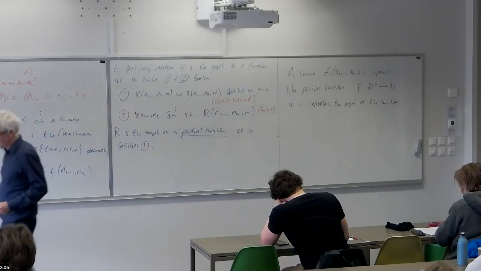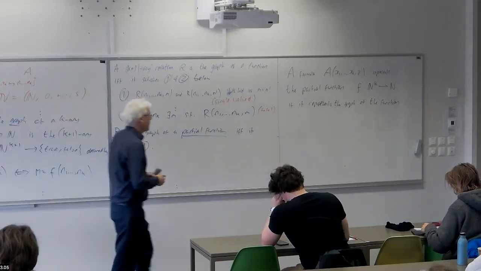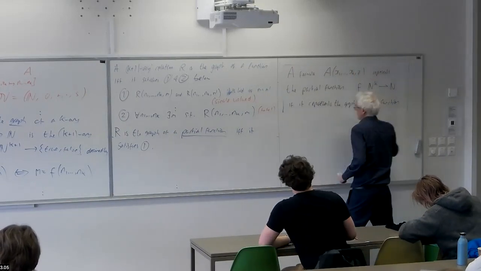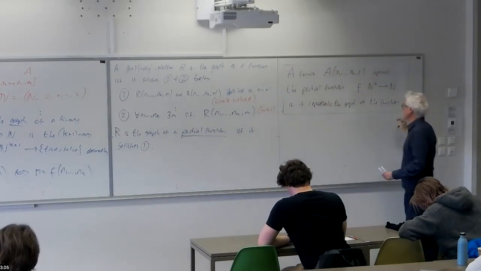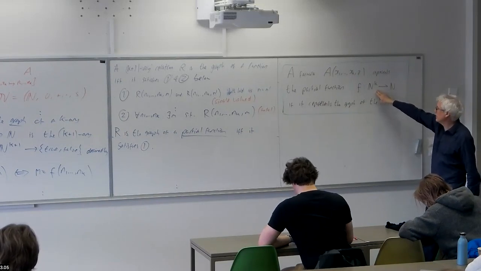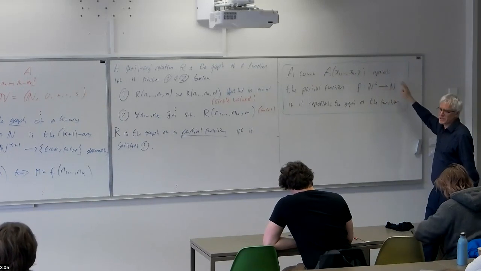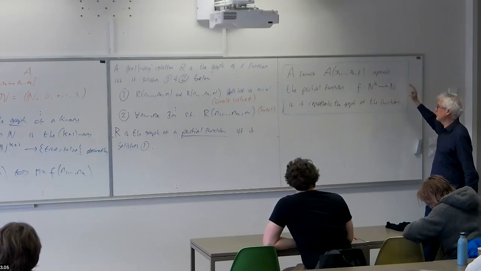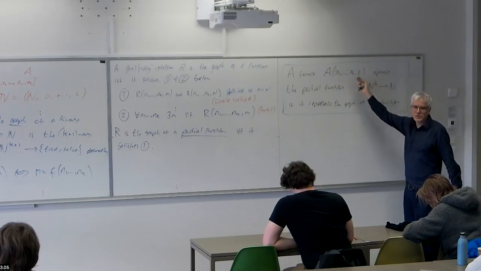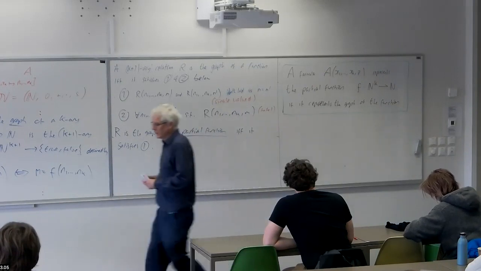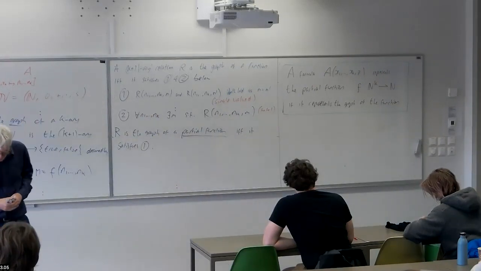So the point here is we've defined what it means for a formula to represent a relation, and to represent a k-ary function or partial function, we use the notion of representing a relation. We have a formula with k plus 1 variables, and we require that it represents the graph of the function.